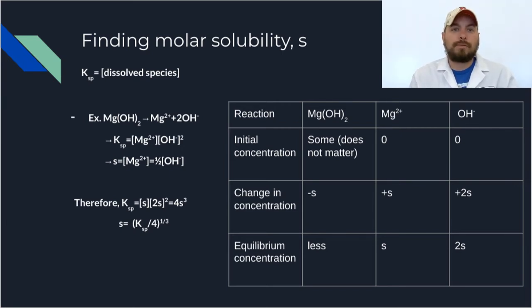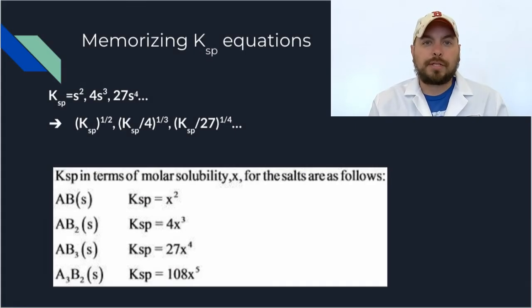In order to solve for S, and this is really important, you need to keep in mind that for 2S squared, where the 2S is in those brackets, we have to distribute that exponent. So what it actually becomes is 4 times S squared. That then multiplies by the S of the magnesium, and we end up with a total KSP equal to 4S cubed. Now, the thing about KSP expressions is that as long as we start with 0 as the concentration for each of the ions,